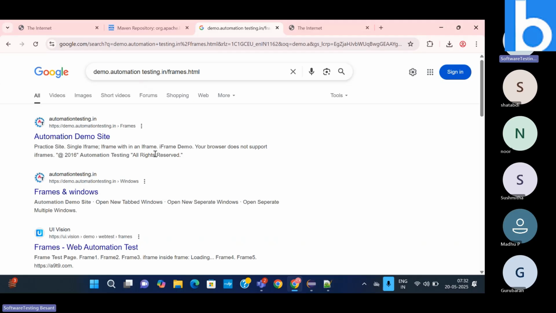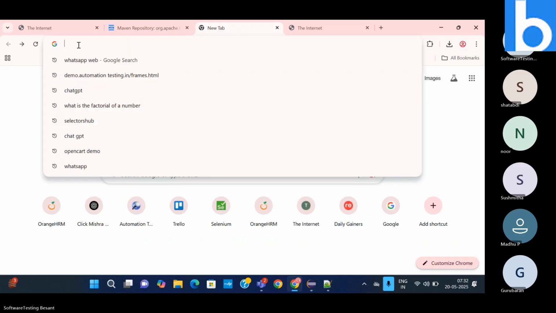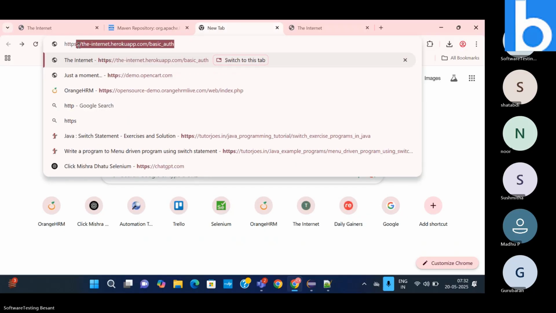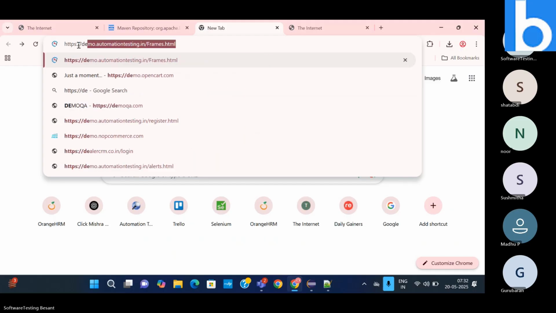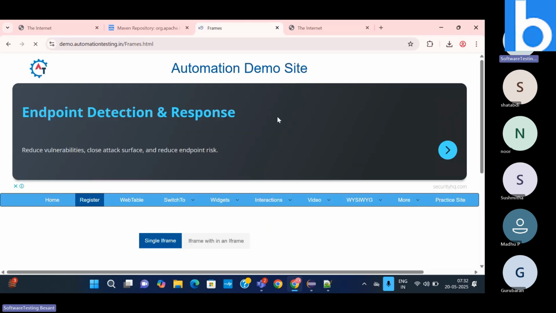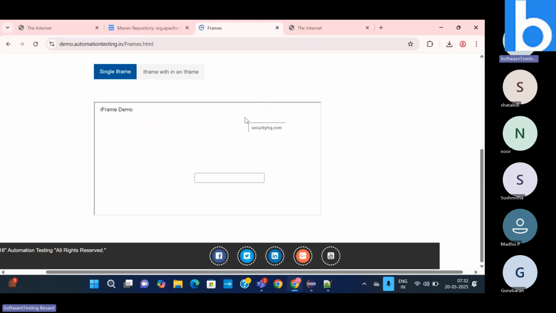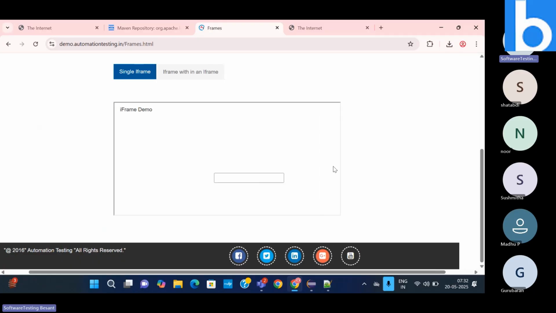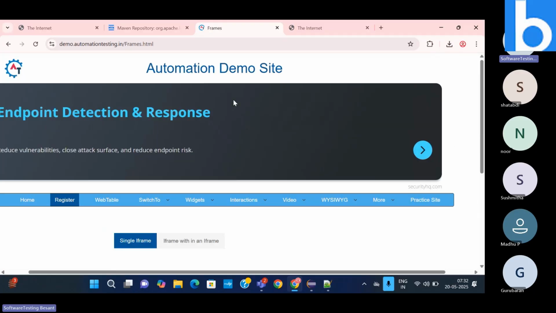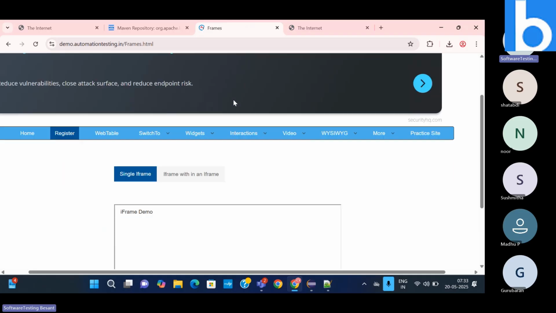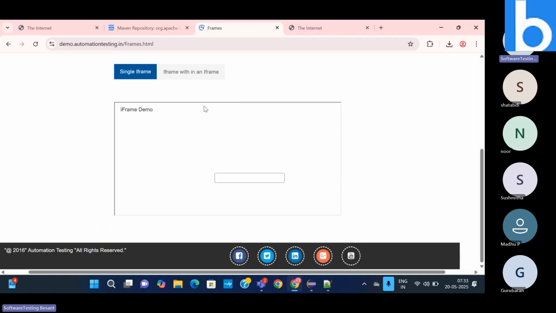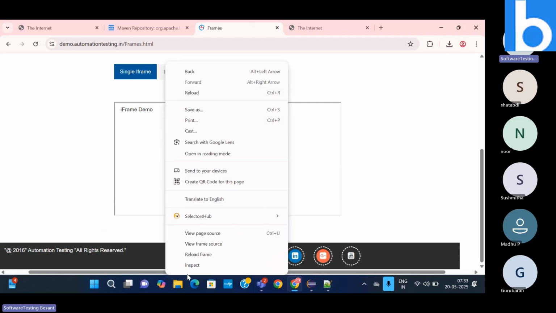Let's take this example, for your understanding purpose. Look at this page. This is a normal automation site, but here you can see there is one box present. Inside this, one text box is present. So when I inspect this,